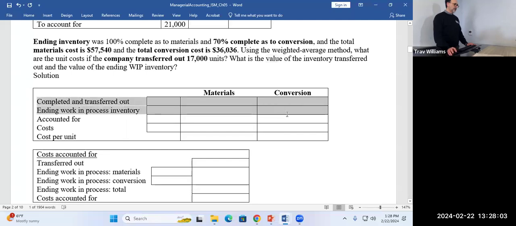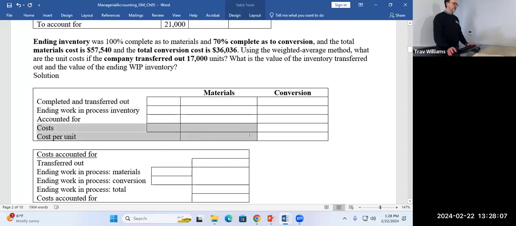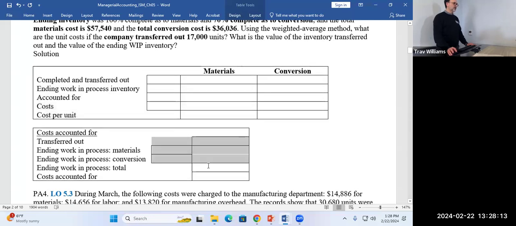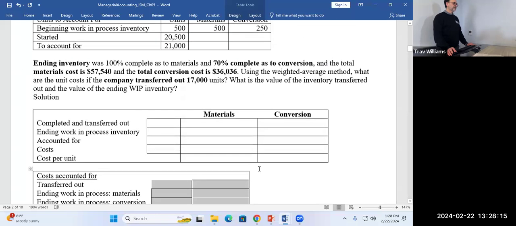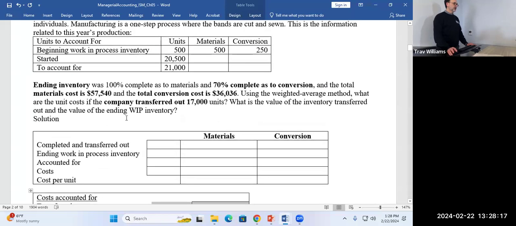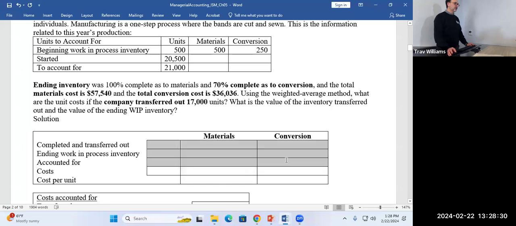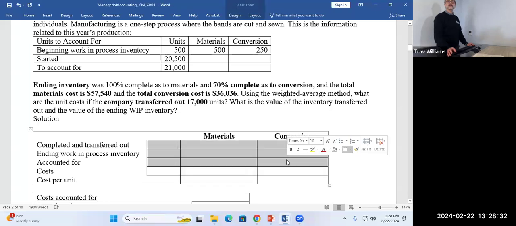Here, it looks like this is all going to be units. But notice in this table, the bottom part talks about costs. And then this section is all costs down here. So this is a little bit of a challenging one, I would say. Where would we start? Obviously, the first table. But as I mentioned, these first 3 rows are talking about units.